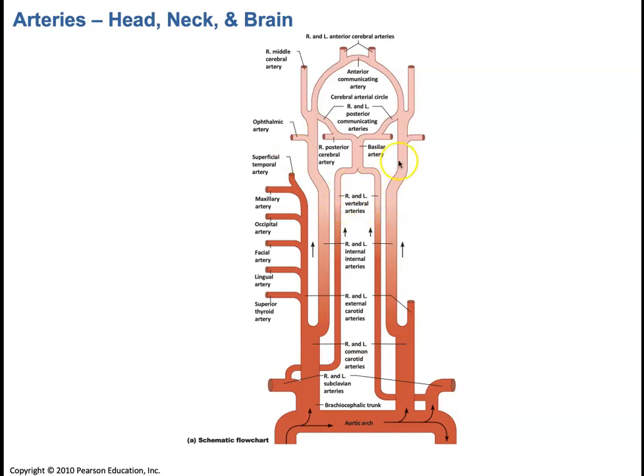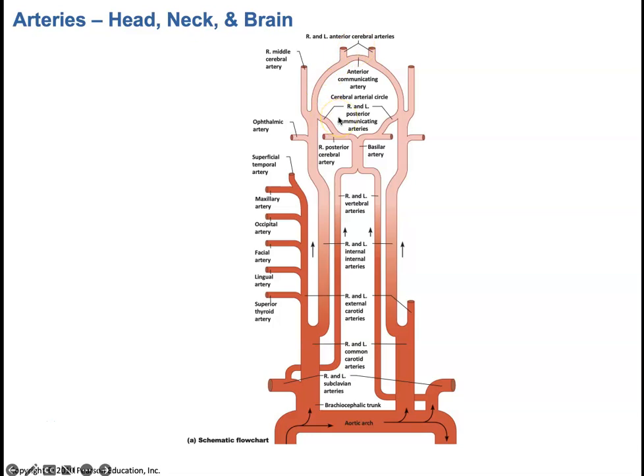And what that does is it brings blood up into the back side of the brain, and it's going to feed into this very important artery, which is called the basilar artery. And this is how the brainstem gets its blood flow. Then this will branch off, and it becomes the right posterior cerebral artery and the left posterior cerebral artery, and then those connect through these communicating arteries into the cerebral arterial circle, which is also known